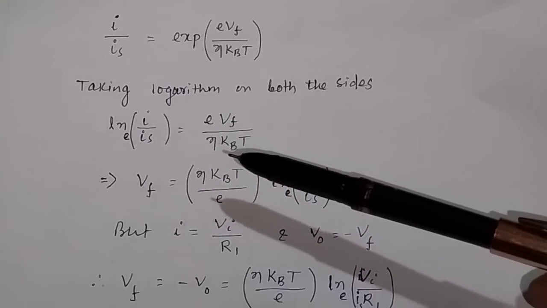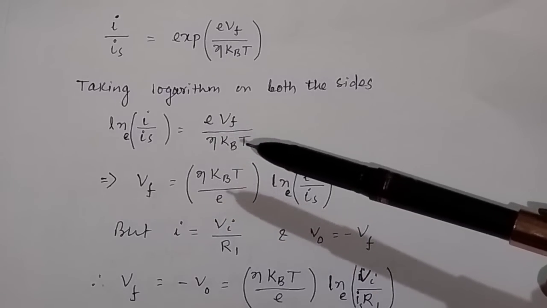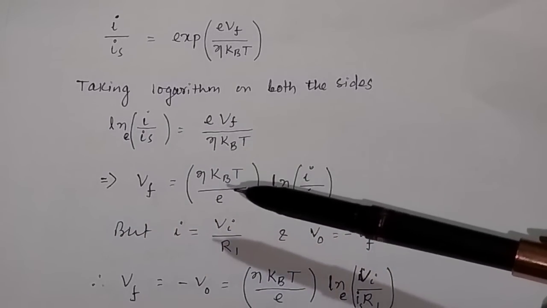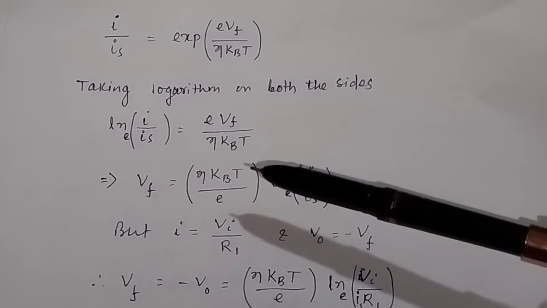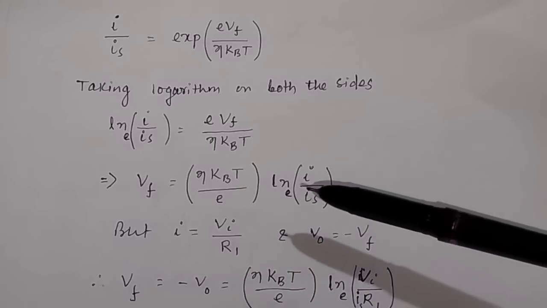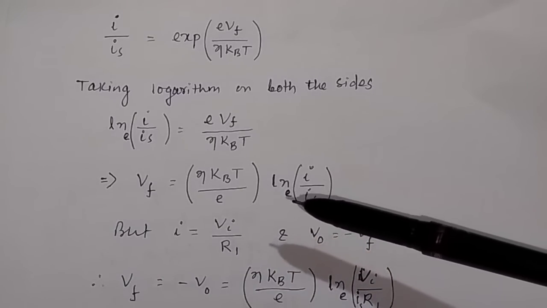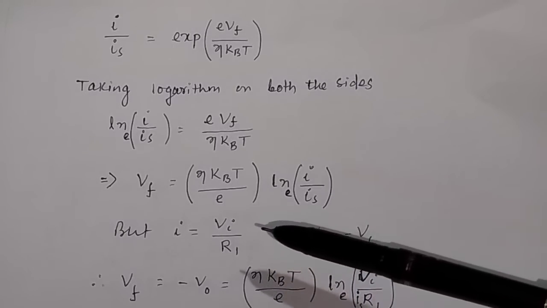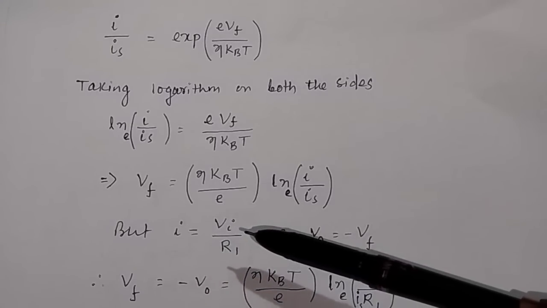If you solve this equation, then Vf will be equal to this term eta kBT will go to the left hand side and divided by e. So Vf will be equal to eta kBT divided by e into log I divided by Is to the base e, since it is exponential logarithm. But we know that the current is equal to the voltage divided